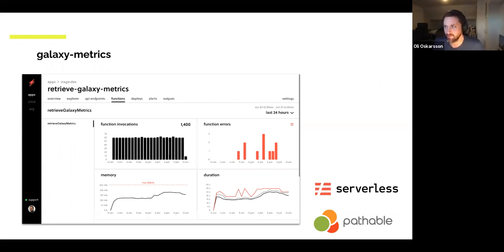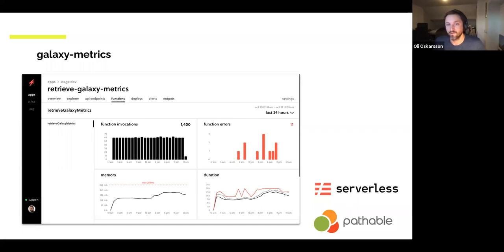Serverless is a concept, so running your stuff without servers, but it's also the name of an NPM package and platform that simplifies the setup and monitoring of JavaScript apps to run on AWS Lambda. They also support other providers. We used the AWS Lambda. So what you're seeing here is actually a screenshot from the serverless dashboard showing our invocations of Galaxy metric retrieval,